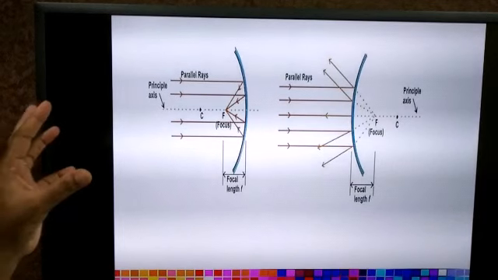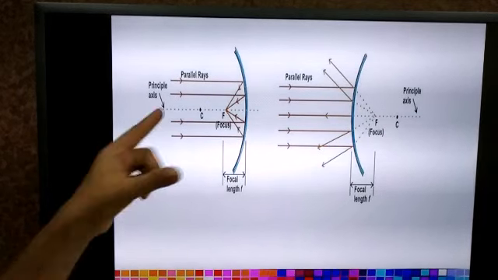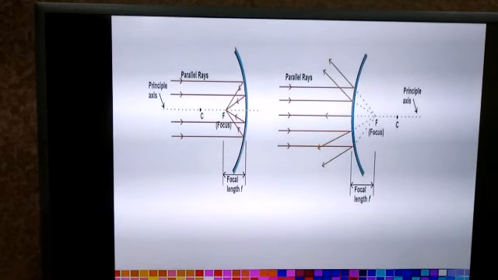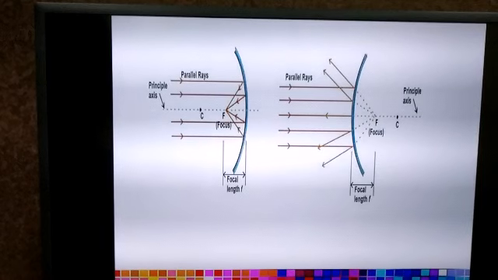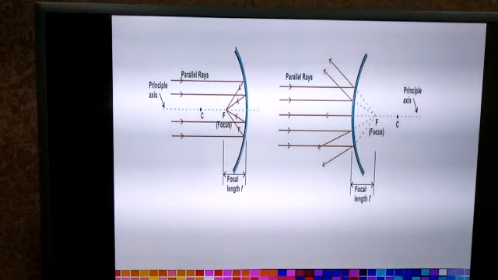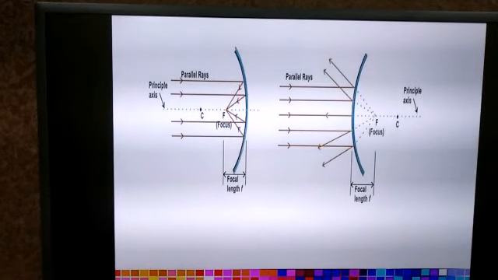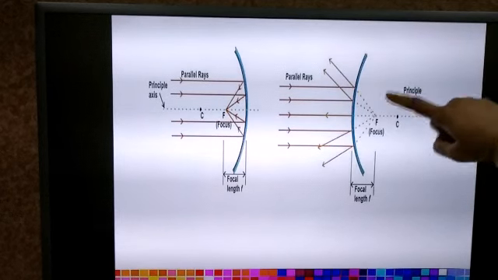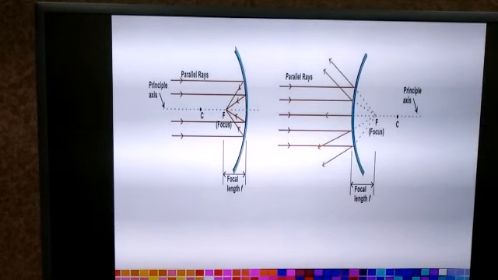The rays of light will be incident on the convex mirror and these incident rays are parallel to each other. They will hit the mirror. Since the incident rays cannot pass on to the other side of the mirror, the incident rays will get reflected. So these are the reflected rays. But if you look at the reflected rays, they are not actually meeting at a point. In fact, if these reflected rays are produced backwards or extrapolated backwards, so if you pull these reflected rays backward, then the reflected rays meet at one point on the principal axis.